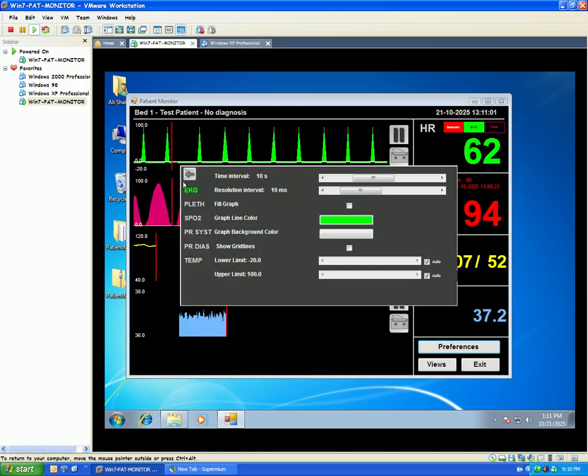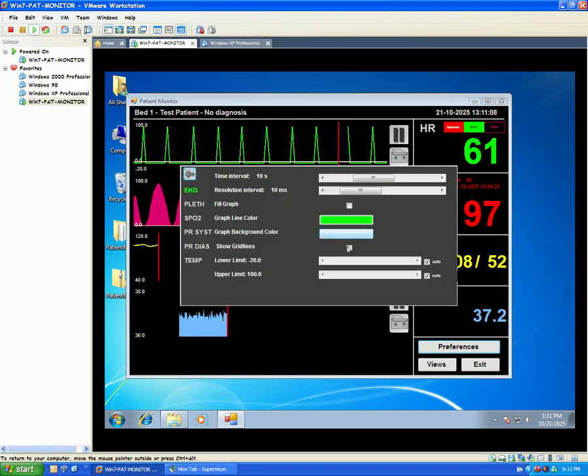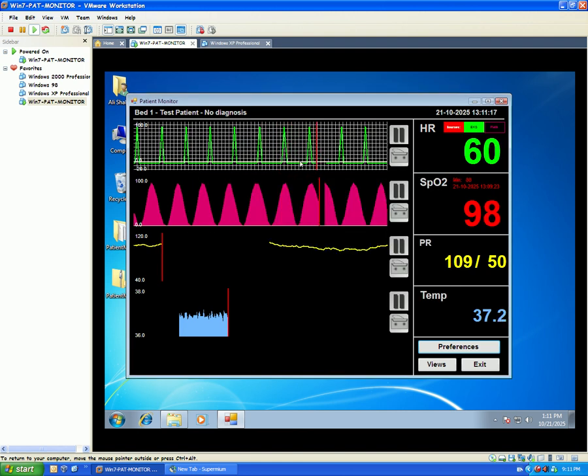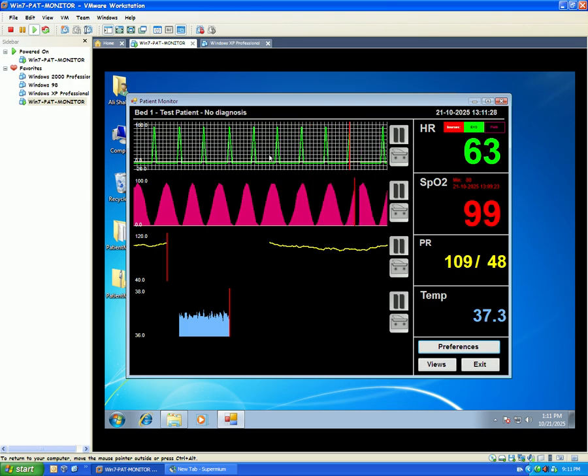When you uncheck this, it will revert back to the normal. You can also show grid lines for a real EKG. This is found in most patient monitors, especially in fictional settings where this grid line is prevalent. But it can even be used for